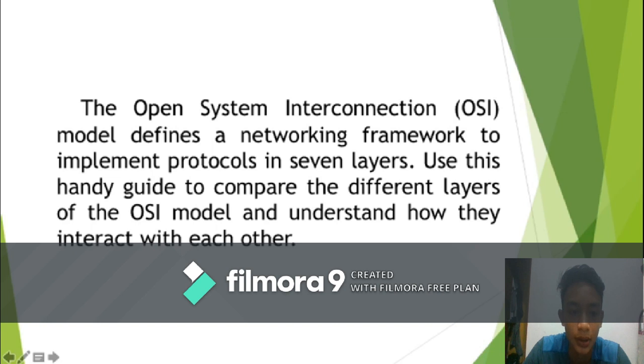This handy guide compares the different layers of the OSI model and helps us understand how they interact with each other. The OSI model is defined as a networking protocol framework, and